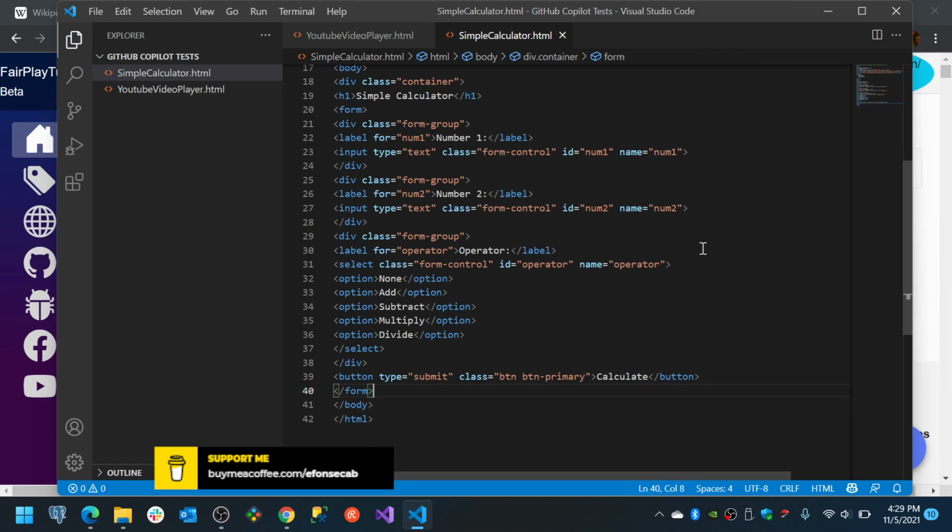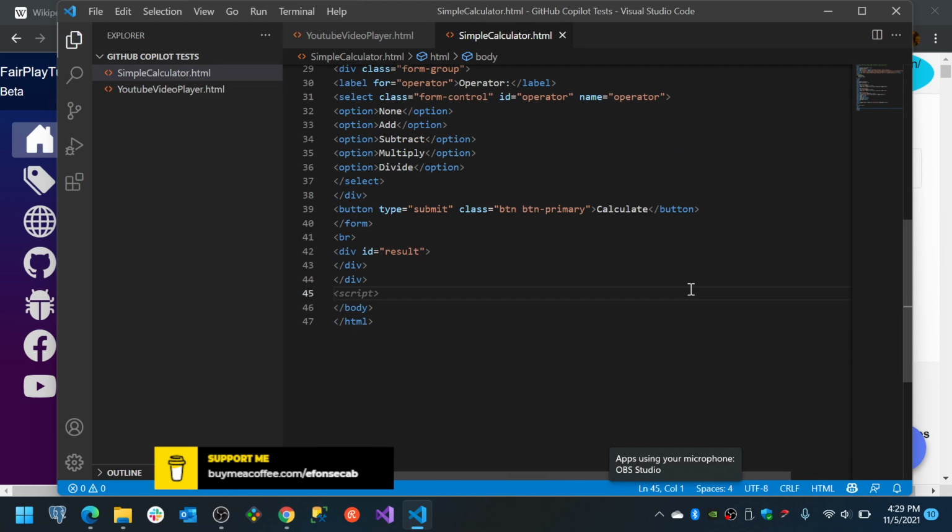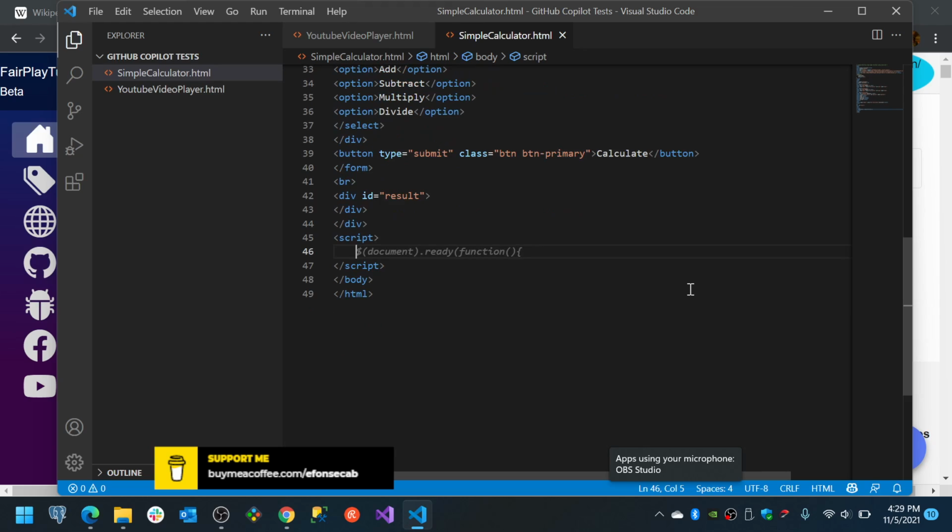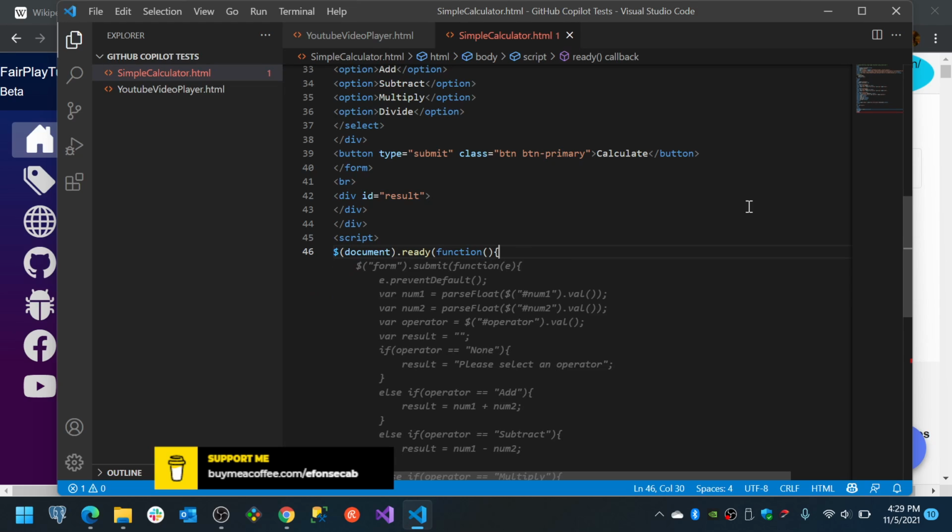There are no more recommendations in here. There is one in here. Adds the result. There is no recommendation in there. It requests me to close the div. Now it wants to add a script, and see that it wants me to add that function. It's thinking. It may recommend me something else. Let's see. No, I'll add tab and see that it is now